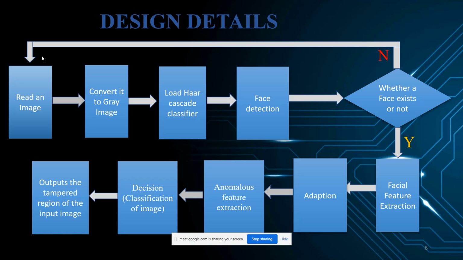In design details, we give a suspected image as an input to the model and it is converted into grayscale as it is easier to process. That is, less information needs to be provided for each pixel and it can be stored as an 8-bit integer, giving different shades of gray. Then we load a Cascade classifier class. The value will be calculated by the weighted sum of pixels covered by the whiter rectangles subtracted by the weighted sum of pixels covered by dark rectangles.